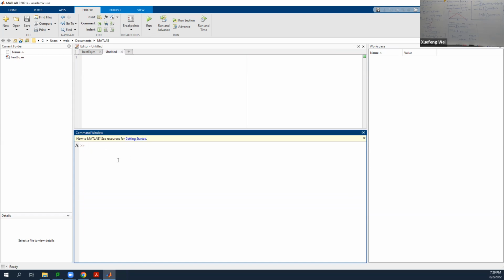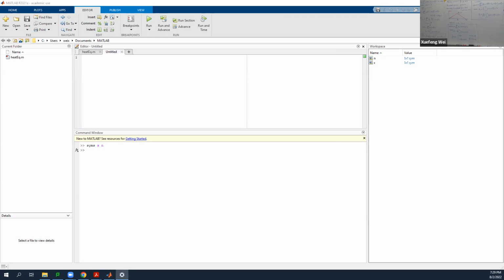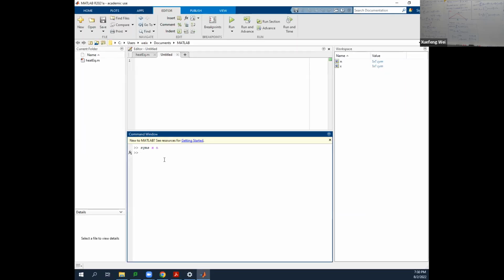Okay, so I'll do symbols. Syms in here, x and n are two symbols. Okay, syms x and n. It is a little small, but I think I'm still going to change the resolution. Okay, I just make it a little bigger. Okay, syms x and n, and then I have